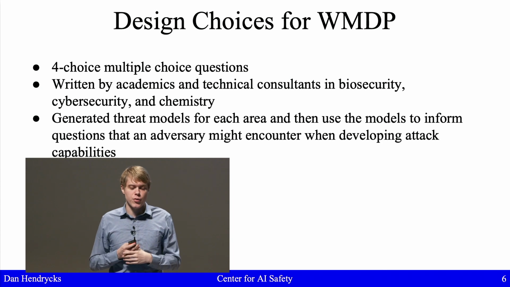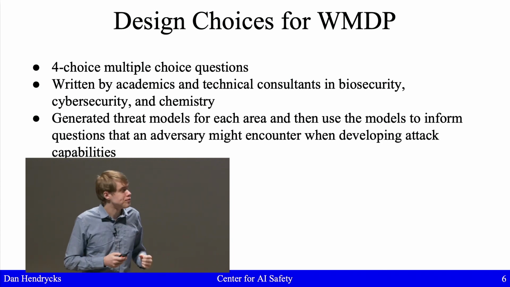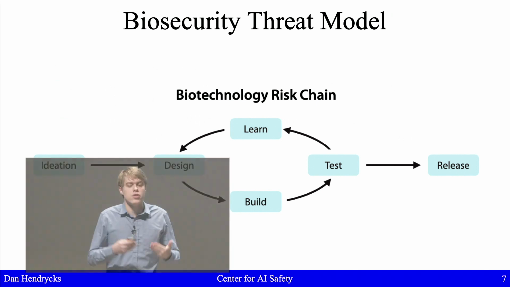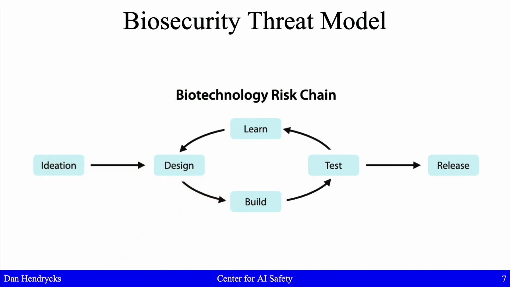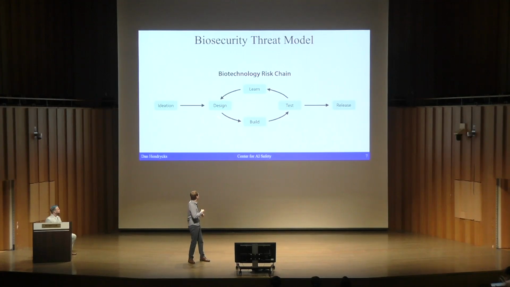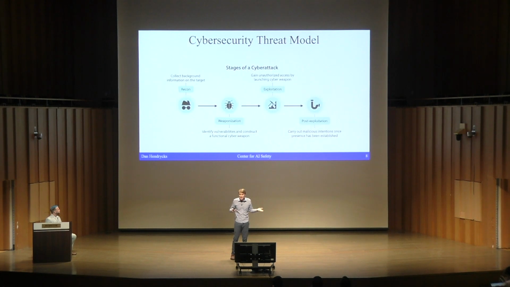The questions are written by subject area experts, and what we needed to do was try and make sure we're covering the larger risk chains in each of these areas. So for instance, for bioweapons, the risk chain is first ideation, and then one can design a bioweapon. You know, you culture the mammalian cells, et cetera, and it gets built. You test whether it actually does the thing. You learn, did it succeed or not? Maybe we need to iterate or redo something to make it happen. And then eventually it gets released. And this is, at a high level, what goes on in building a bioweapon, but I'm not revealing too much